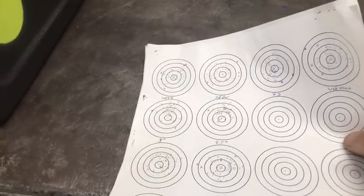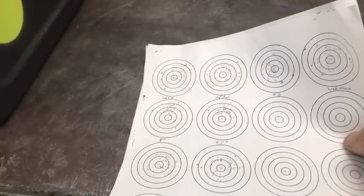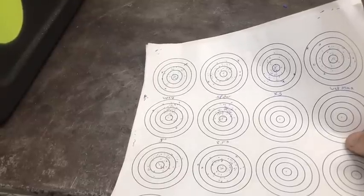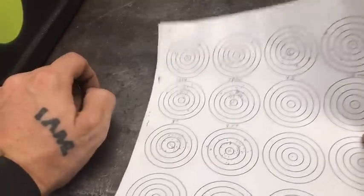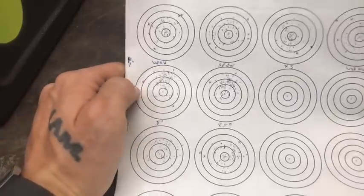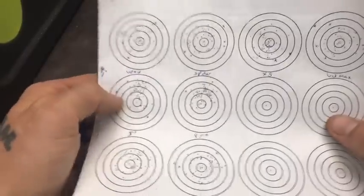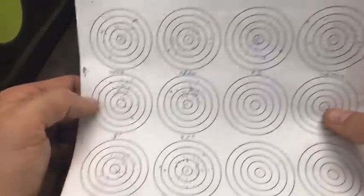Why one arrow would always rip one vane? Probably because it's not rotated the same would be my guess. If not, then maybe, I don't know, it could be an issue with the nock or something like that. Or yeah, a point could be bent or something along that. But anyway,